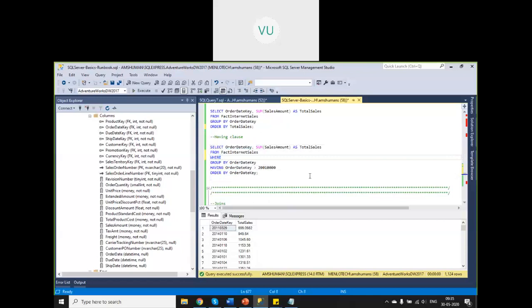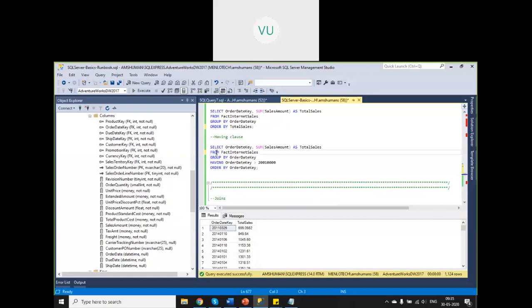So it can be where unit price is greater than 10 rupees. I can obviously say that, even though unit price is not included in your group by, having, order by, or select, nowhere is it mentioned. Because when you apply where, you have all the records, all the columns, right? So where can still be there.